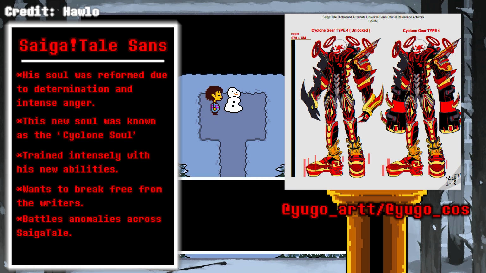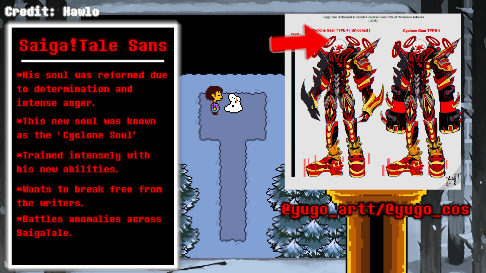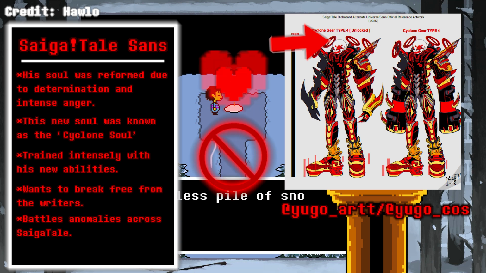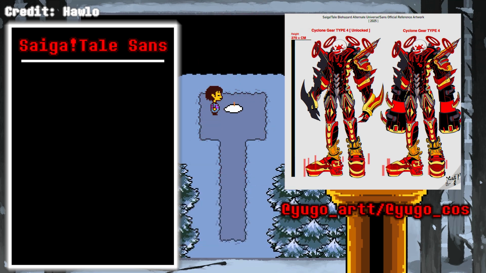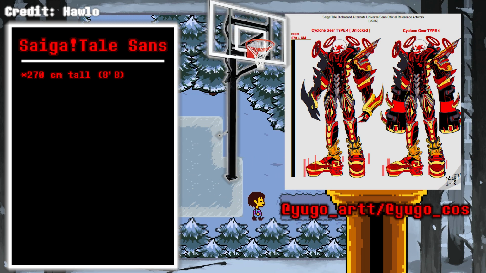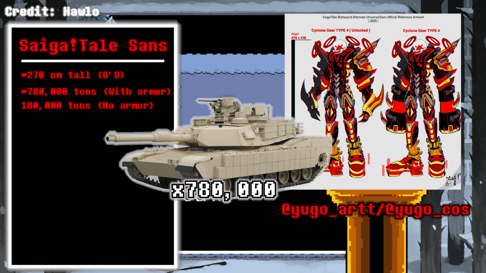Anyway, Saiga Sans dons a massive set of gold, red, and black power armor with glowing red eyes and teeth. He's also got several red discs floating around him, which could either be the physical representation of the super determination in his body, or it could be his suit's suppression system to prevent him from using his full power. Saiga Sans stands at over 270 centimeters tall, or around 8'8", weighing over 780,000 tons due to his power armor,